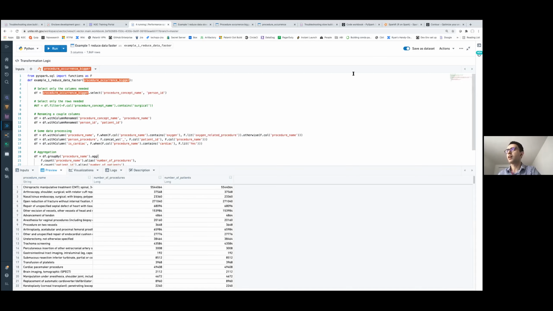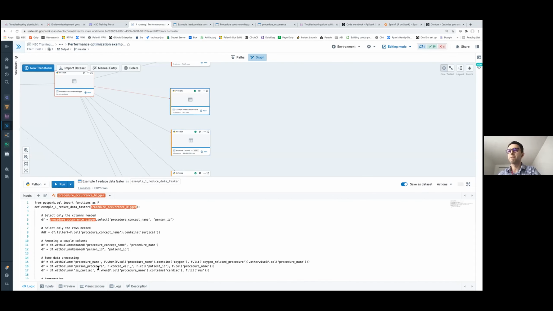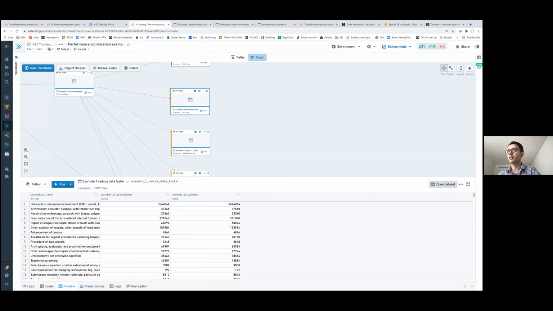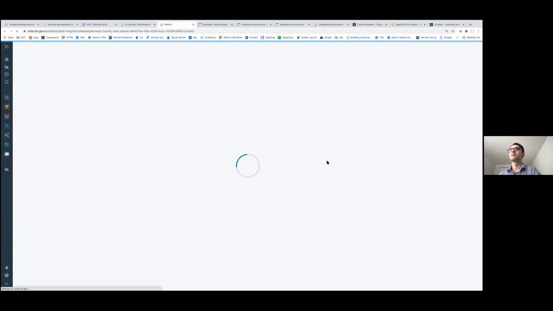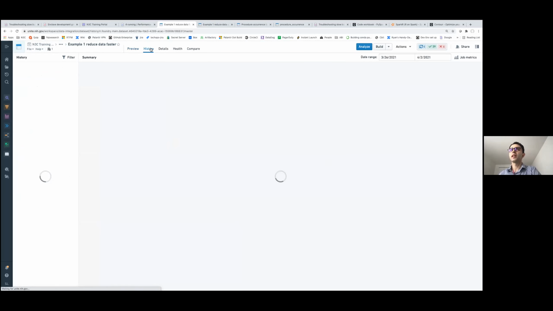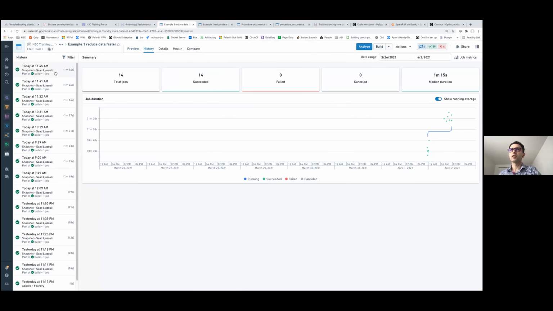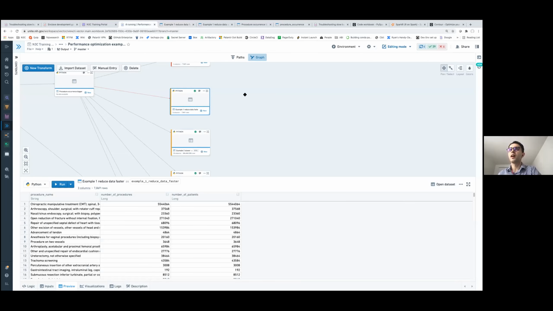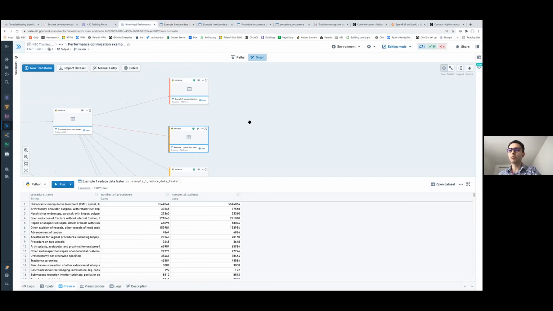And let's look at the preview of the results. And looking at the history, we can see that this one only ran in 1 minute. Now you may think between 1 and 2 minutes, it's not a big difference, but when we start doing more complex data processing, and when we start dealing with larger data sets, this actually can make a big difference.